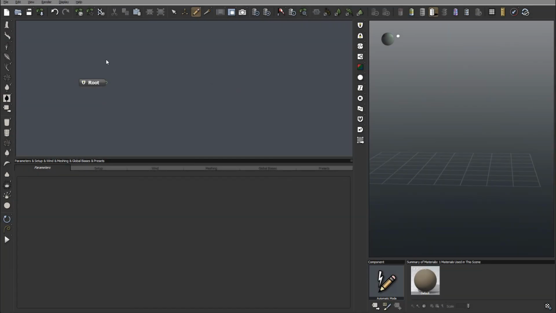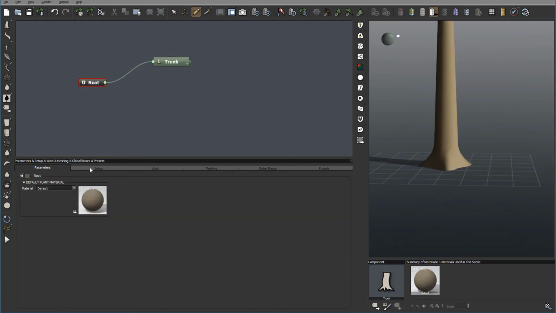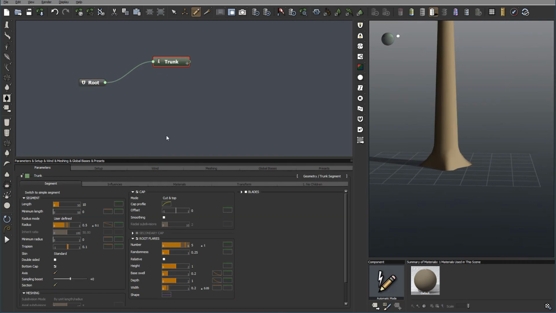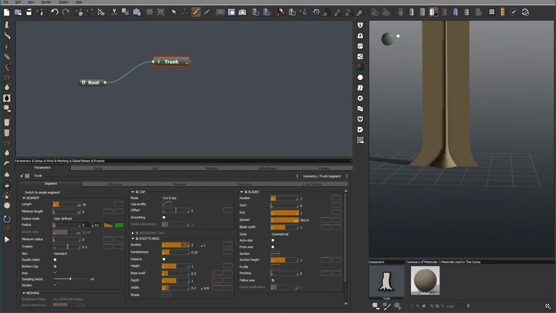Okay, so we're inside the plant factory right now. Let's see what we can do with those alpha maps we created previously. We could apply them to the trunk, but here's a problem. If we use a trunk segment, so let's go right here, connecting to this trunk segment, we can go inside and add some blades, maybe take radius all the way to 0, remove root flares, but